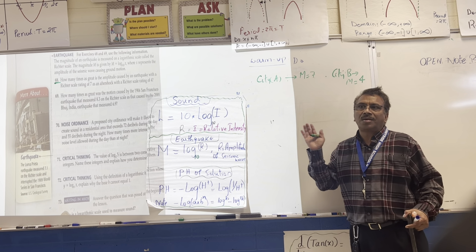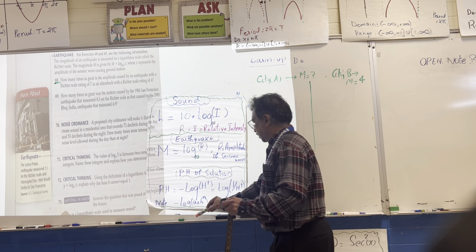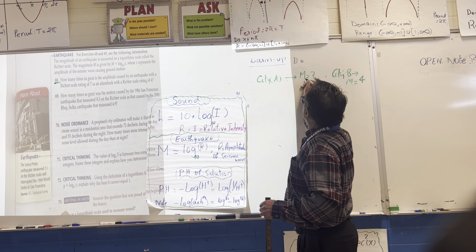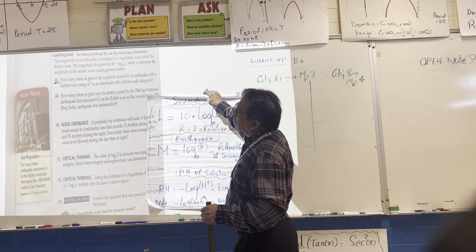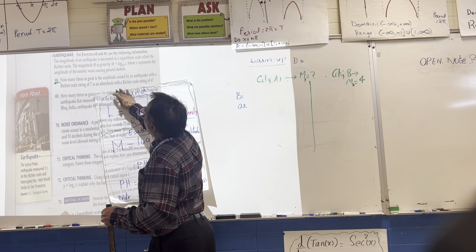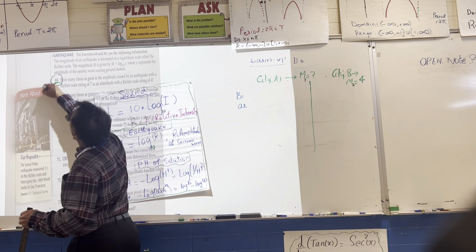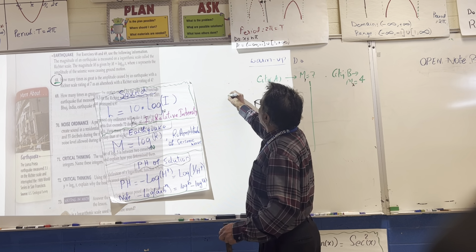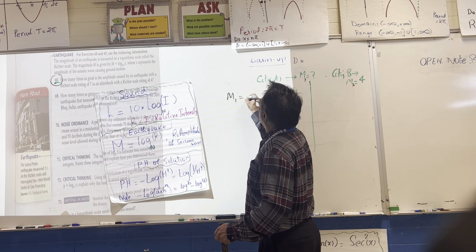Okay, city A. Let's do this part, in two parts, on the left and the right. So city A has M is 1, and this is 2. So let's write. We are working on this problem 68, the one that says two cities with 7 and 4. So M1 equals,